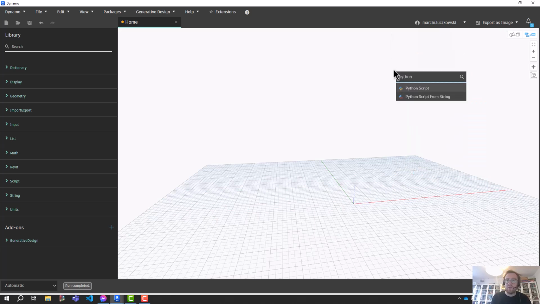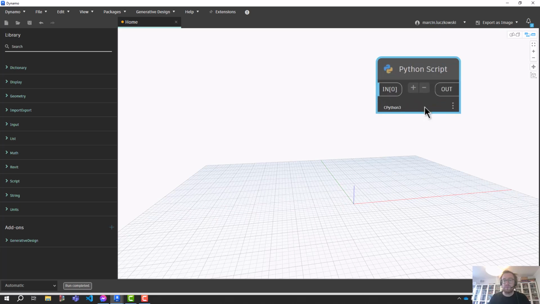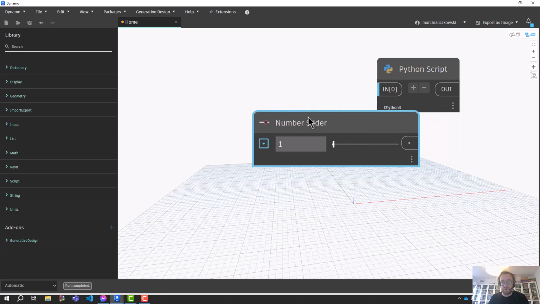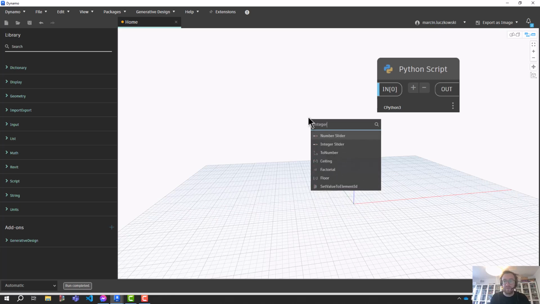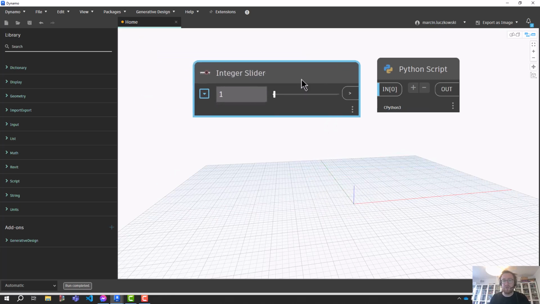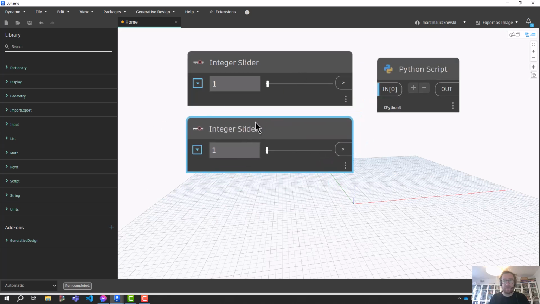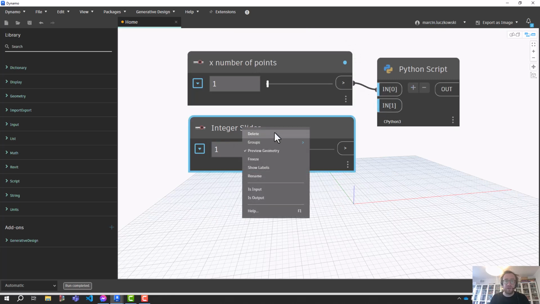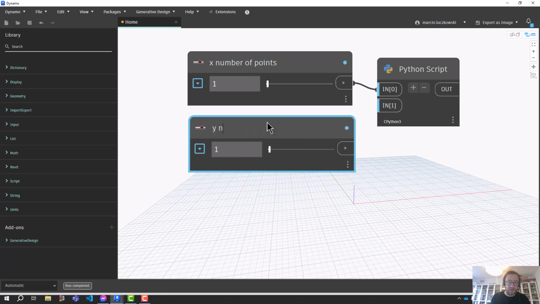I will add a Python script. And let's say that I would like to control the grid by 2 sliders. So I will take an integer slider. I will create it and call this one x number of points. This will go into in 0, and this will be y number of points,